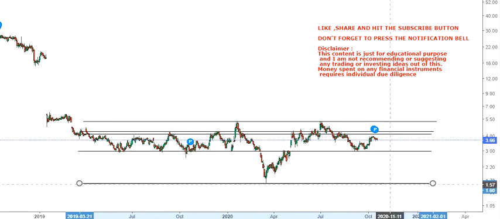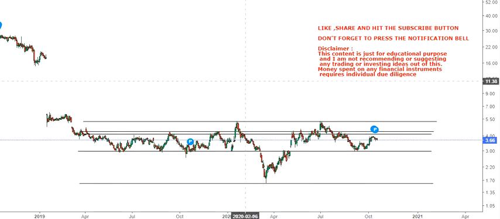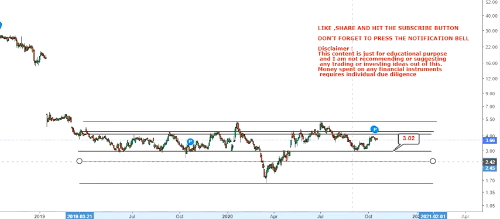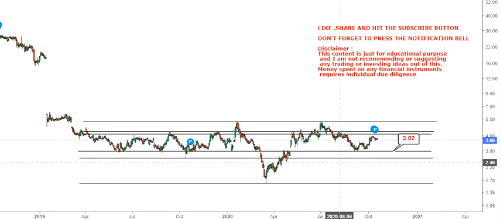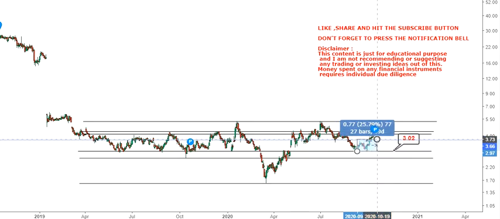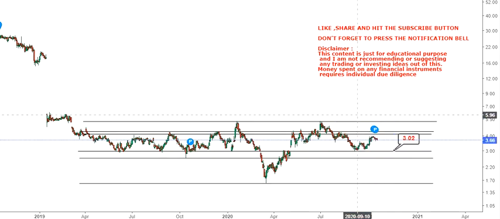And if you look at this trend, what one can see here is that the low of $3 is actually holding for this particular scrip. The low of $3 has been holding in the last 1 year. It's been a very prominent support level. And you have already seen that the stock has moved from the lows of 2.97 to the highs of 3.73, which is around 25% from the lower side.